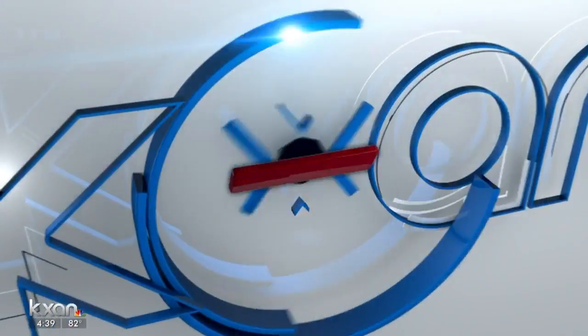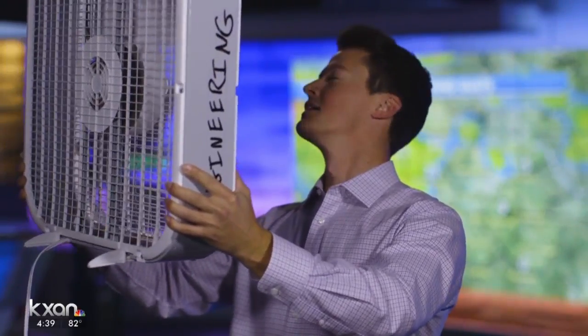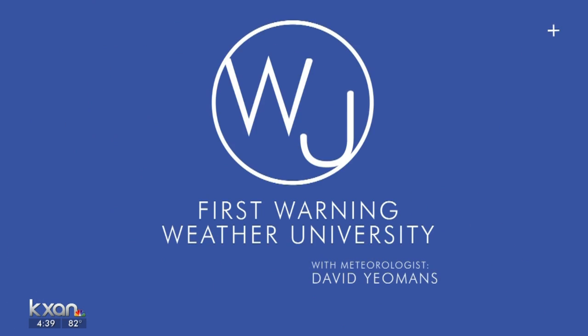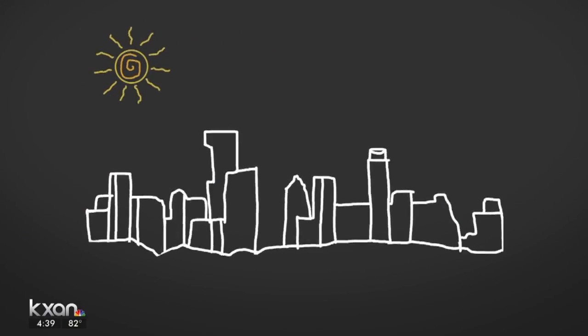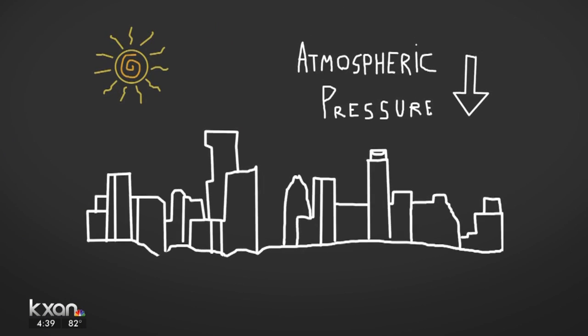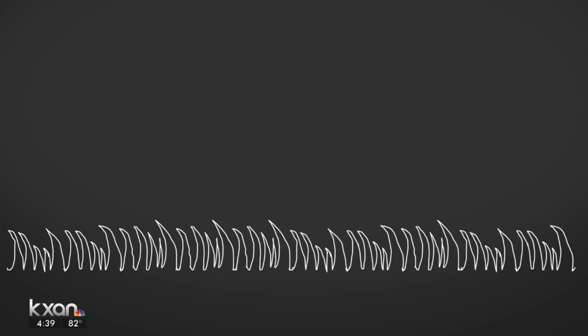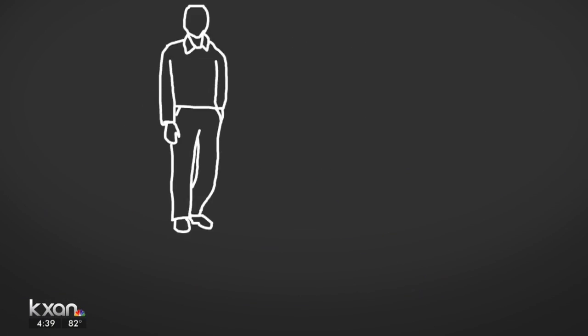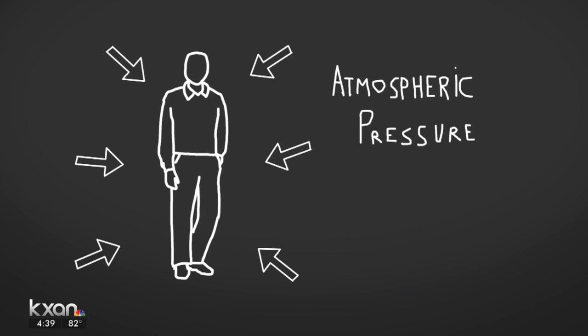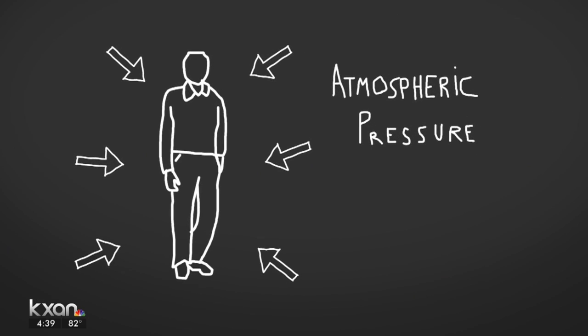It's all just wind. Wind is defined as the movement of air. In the natural world, it's caused by differences in pressure. Atmospheric pressure is the weight of the atmosphere above us constantly squishing down on us. On a typical day, the weight of the atmosphere exerts a pressure down on the Earth of about 14.7 pounds per square inch. So the grass in our front yard, the water in the lakes, even our bodies are constantly under that pressure, but we don't really notice it because we are accustomed to it.